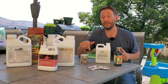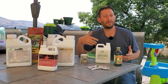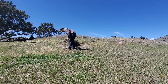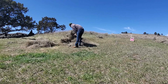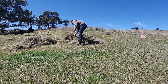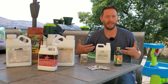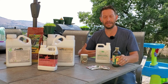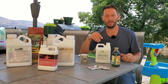Yeast is particularly good and active in composting situations when the temperatures are a little bit lower. Take, for instance, a compost pile that's only sitting around 80 degrees. If it's in an aerobic environment, then the fungi in that pile are going to be more active than the microorganisms, the bacteria that's in there. So the yeast is actually going to start the process up. Now it needs sugars and carbohydrates to munch on, and it gets that from the molasses. So if we mix molasses into it, then the yeast starts feeding on the sugars in the molasses,